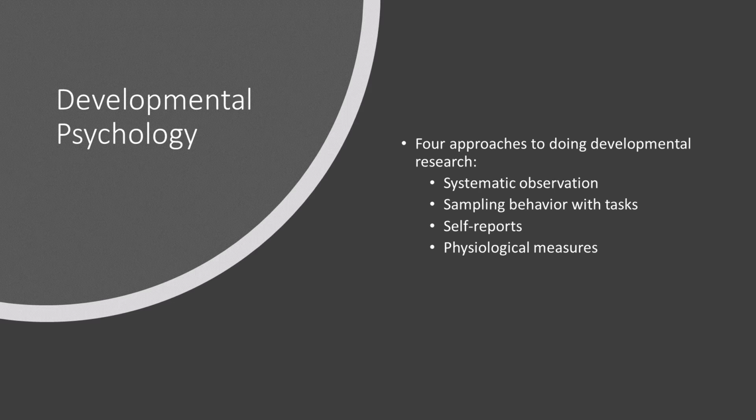Now, we could do two different systematic observation techniques. You could do a naturalistic observation, where you observe someone in a real-life situation. You observe them within context. Or you could do a more contrived observation, or a very structured observation, which maybe you create in a laboratory and you set it up and it's very artificial. Now, this has many pitfalls, especially if it's unnatural and unrealistic, and it might not be a good representation of how somebody might act in the real world compared to a naturalistic observation.